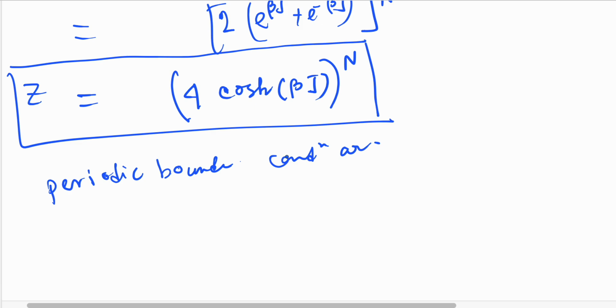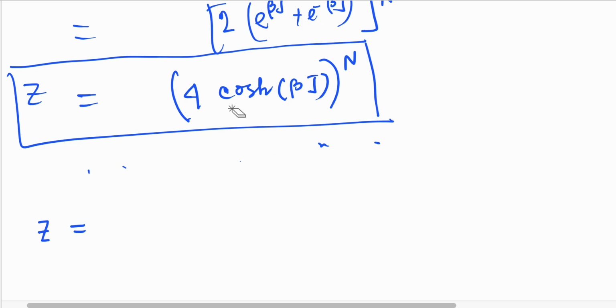For periodic boundary condition, what is the value of z? Yeah, so we got this thing. For periodic boundary condition, we get z is actually... for h equal to 0, we... for h not equal to 0, we don't know. For the periodic boundary condition,